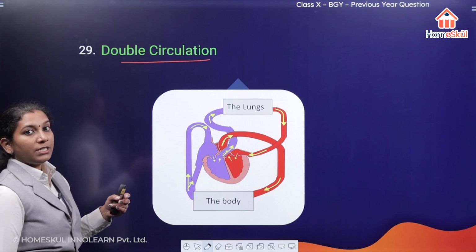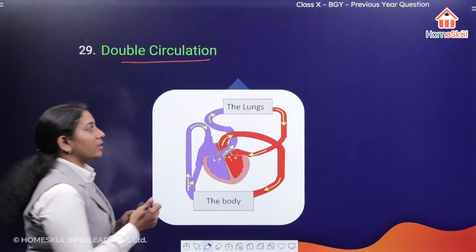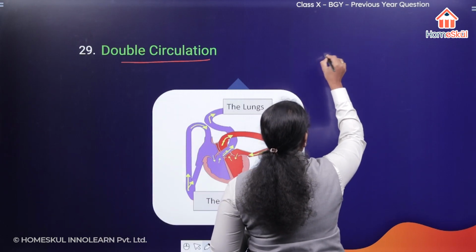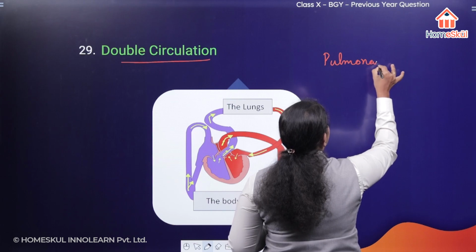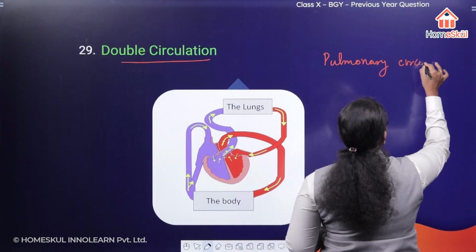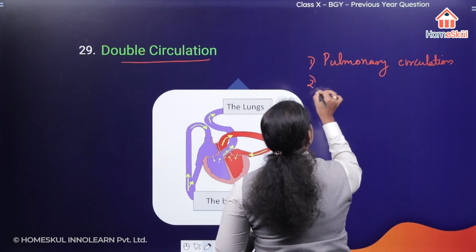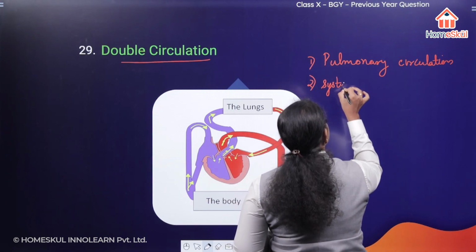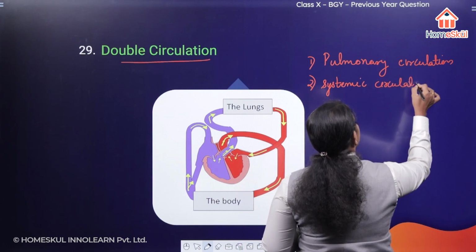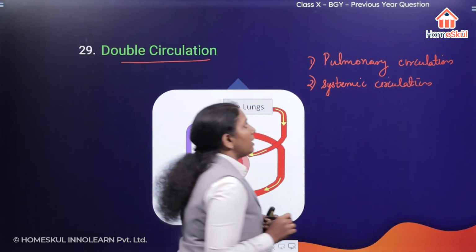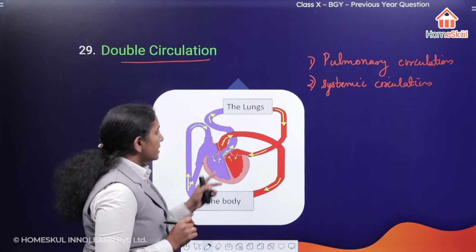So double circulation is completed in two pathways. It includes pulmonary circulation and systemic circulation, right? So in pulmonary circulation, what happens is that,